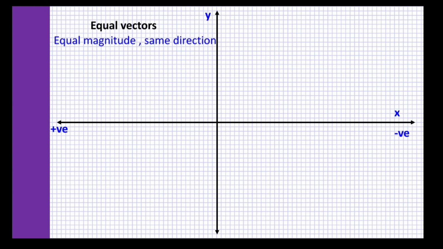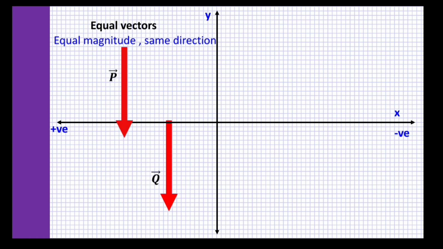Well, vectors are equal if they have equal magnitude and act in the same direction. That's what it means. When we talk of equal vectors, we are saying they have the same magnitude and they act in the same direction. They do not necessarily have to have the same starting point. They can have different starting points and different ending points,